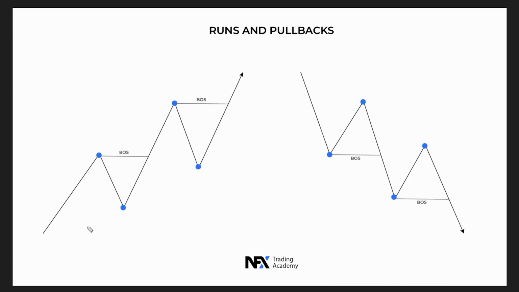It's really simple. We have a really simple schematic that you probably saw a lot of times. So we have higher highs, higher lows being created in the market and having breaks of structure. But what we need to identify is that whenever price is making a new high, this is called a run in the market. It's called a run because price is running towards the recent high in order to break it and create a new high in the market. Same thing in a bearish structure, price is running towards the low in order to break it, create a break of structure and create a new low in the market.